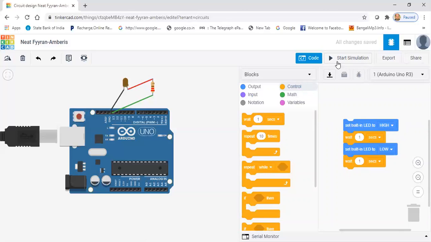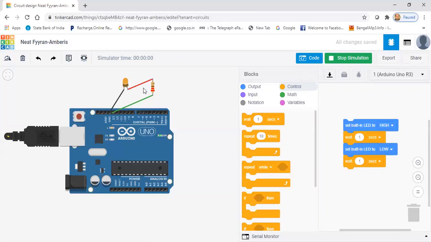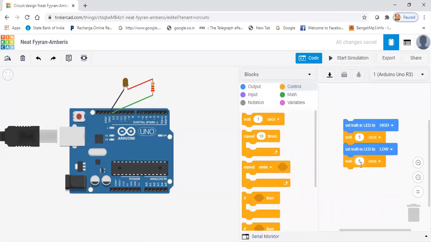So now this is the start simulation button, and just click this button here, and after clicking this button, see this LED will on and off after certain timing. So what timing? The timing is 1 second. Now if we want to change this timing, so just click here and say 5 second of on and then 5 second of off.